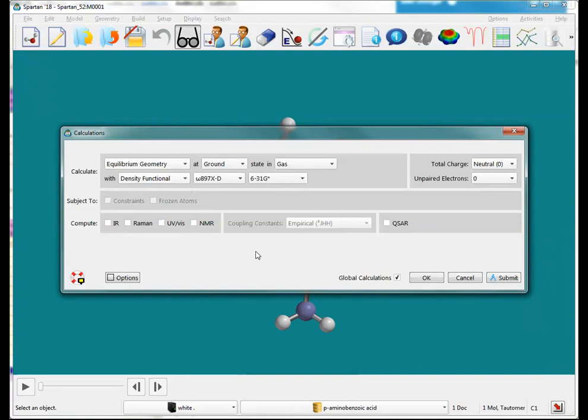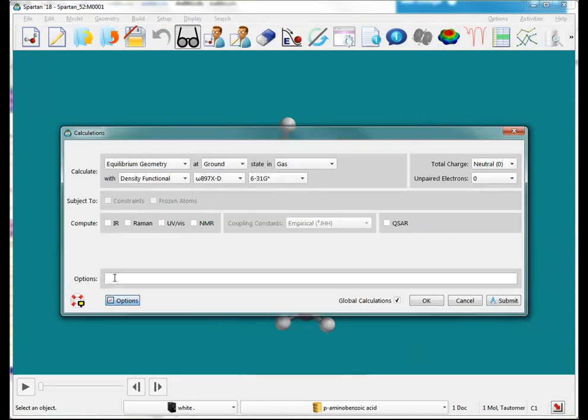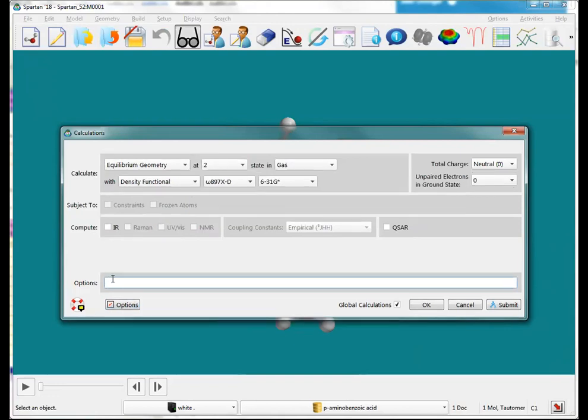We're going to choose equilibrium geometry. At ground state, there are essentially two entries here. You can go beyond first excited. It's a type in: if you were to go to the options menu and say I wanted, I could do second excited state. I wrote E state equals. There's a whole set of keywords that are documented that are available as well,